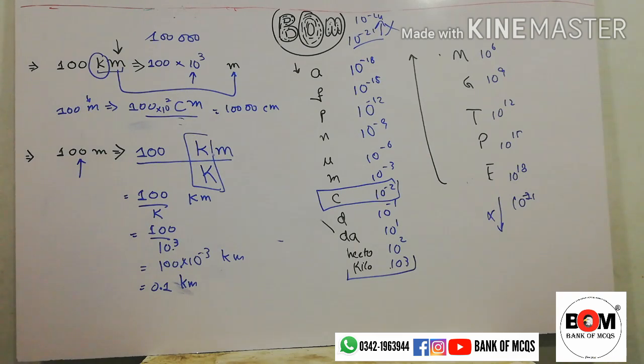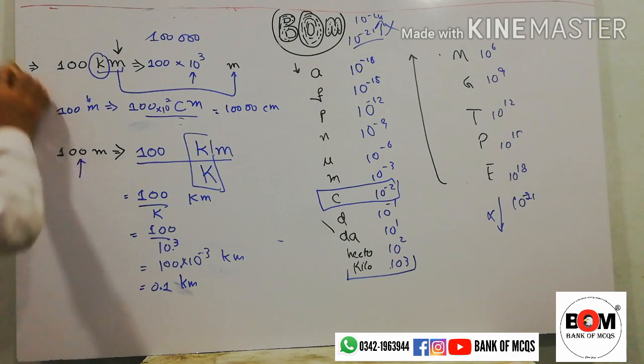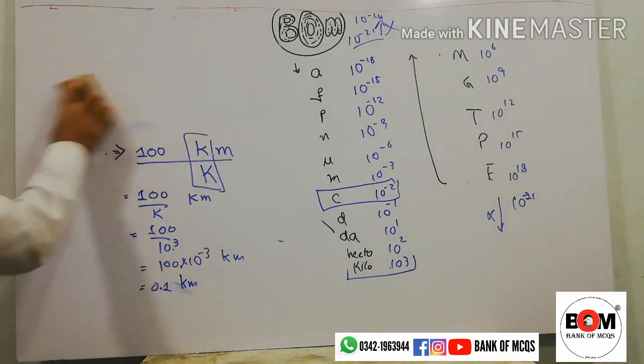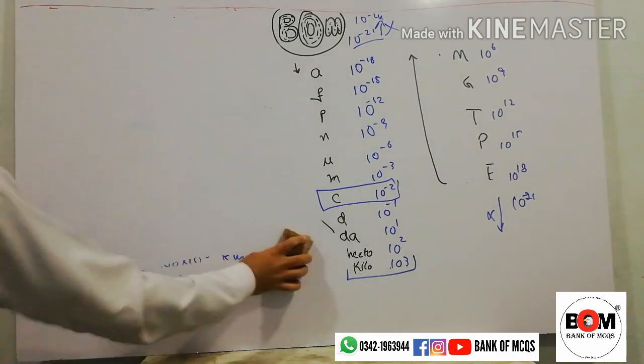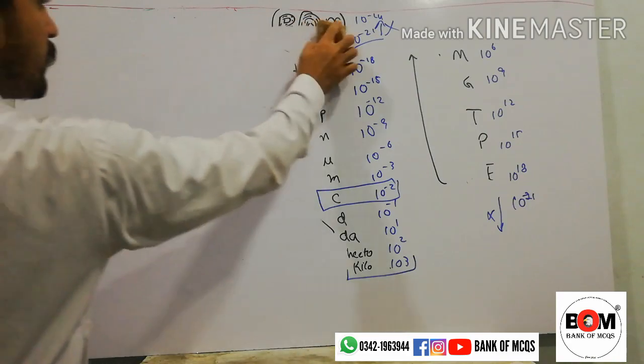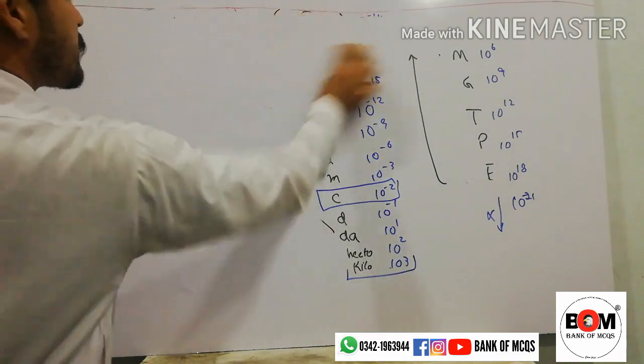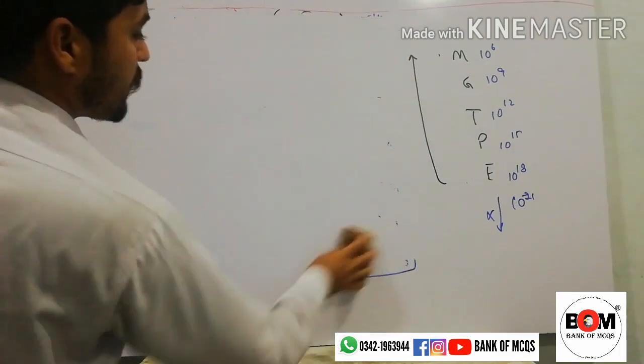So this was prefixes. Now we have dealt with prefixes, scientific notation, and the SI system of units. There are a few terms or points that I must tell you. The first one is